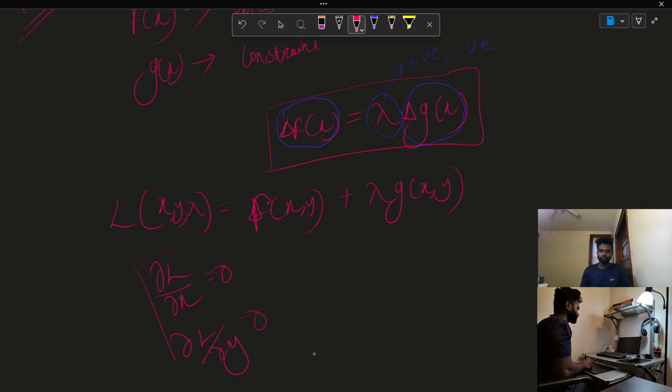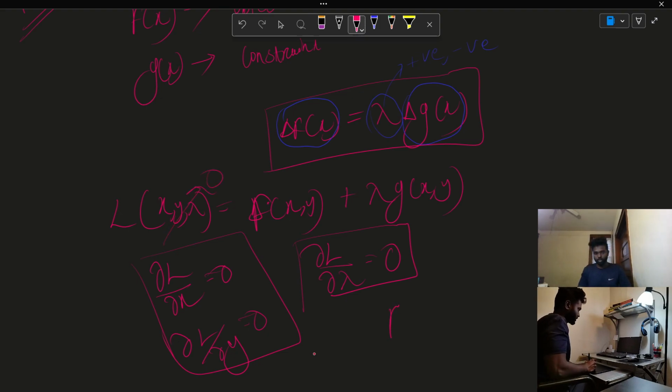And now if you take the partial derivative of this Lagrangian function with respect to lambda, the Lagrangian multiplier, and equate it to 0,